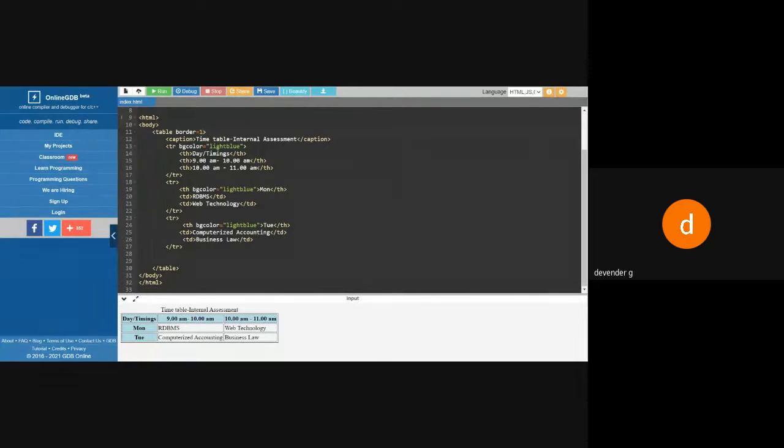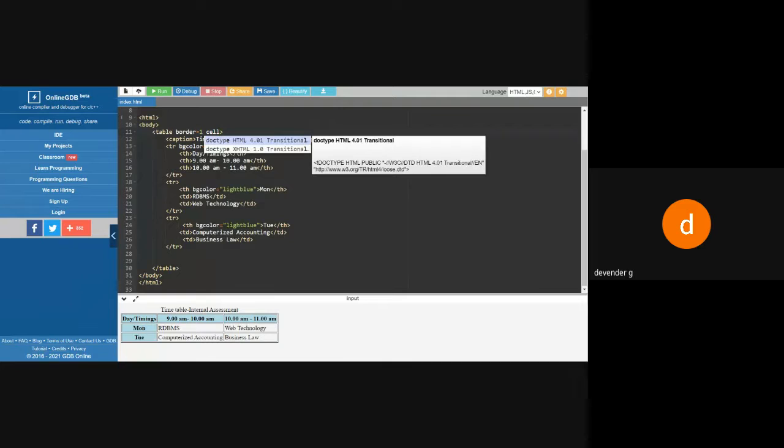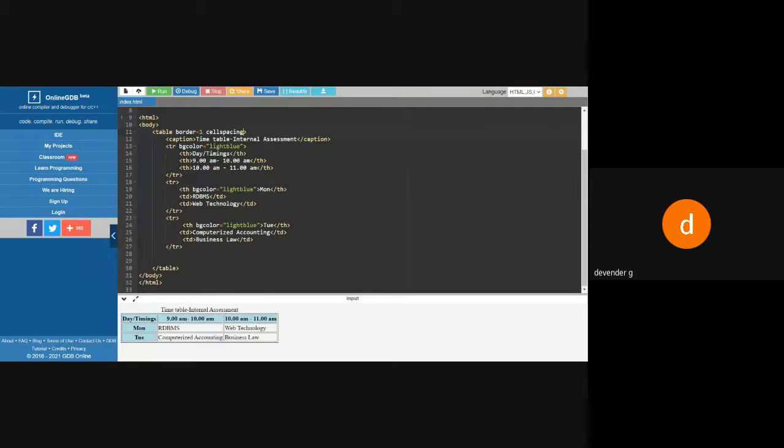So I'll say here cell spacing. Now you can see the gap between one cell and another cell. I got the gap. So we call this cell spacing.